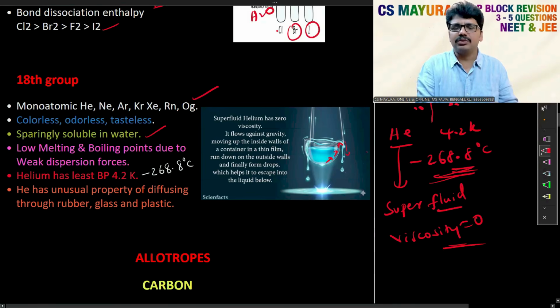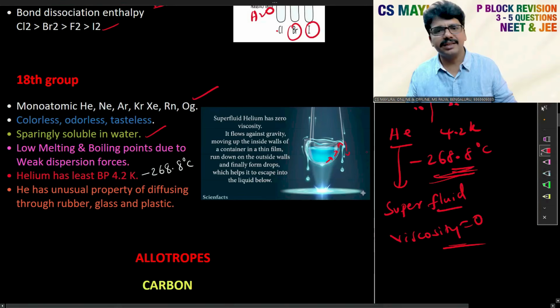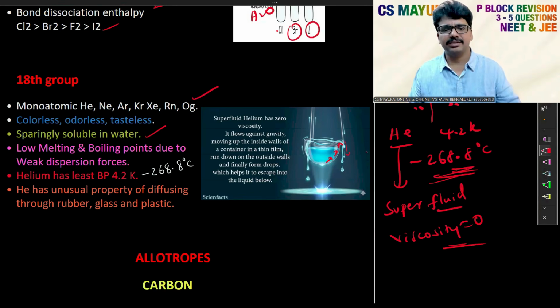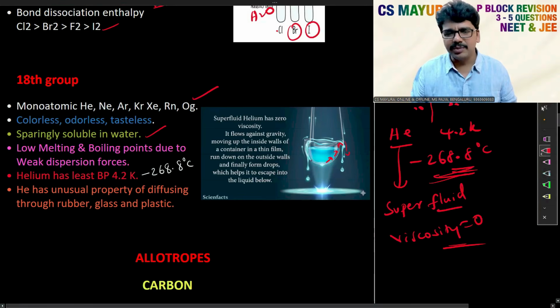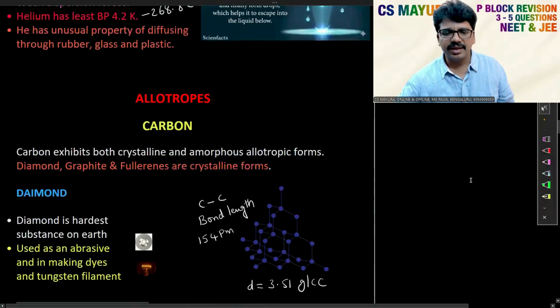So generally liquids won't rise up. Gases will have that property. Gas density is very low, so they will rise. But here, at this temperature, the liquid has the property to rise up. That's why it is called superfluid. At this temperature, its viscosity is zero. It is an unusual property. Next, coming to